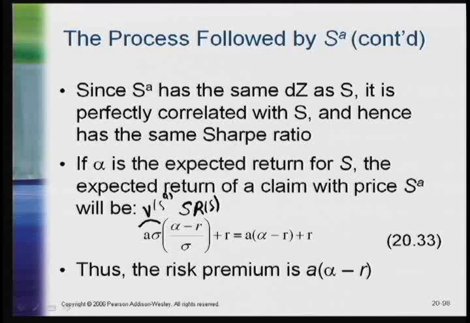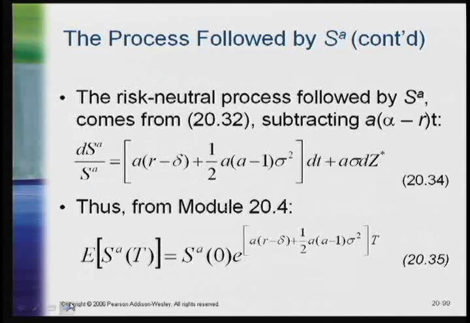So the expected return of s to the a is this expression: a times alpha minus r, plus r. Therefore, the risk premium, which is by definition the excess of the expected return over r, is simply a times alpha minus r. From this risk premium, we can then use some earlier work: we can create a risk-neutral process for s to the a by subtracting that risk premium from the original drift. Namely, we subtract